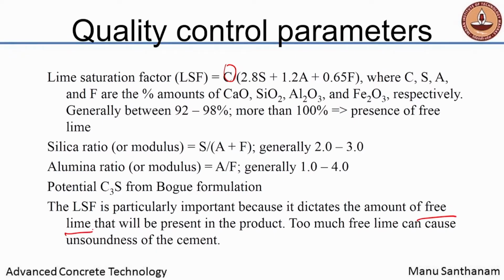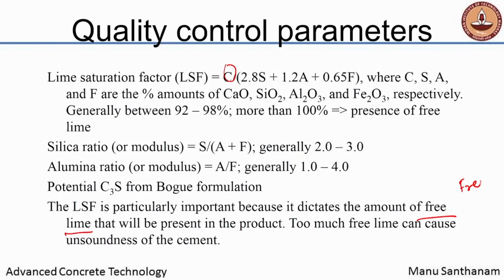And you know from your past studies of cement that if you have too much free lime in the cement, it leads to a problem called unsoundness. Unsoundness basically relates to the volumetric expansion of the cement upon hydration, and that is because of the free lime that is present. It is also because of free magnesia, MgO, or periclase that may be present in the cement, that also contributes to the unsoundness,